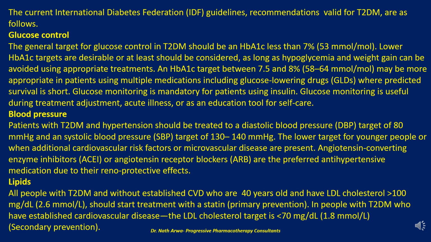The lower target is for younger people or when additional cardiovascular risk factors or microvascular disease are present. Angiotensin-converting enzyme inhibitors, abbreviated as ACEI, or angiotensin II receptor blockers, abbreviated as ARB, are the preferred antihypertensive medication due